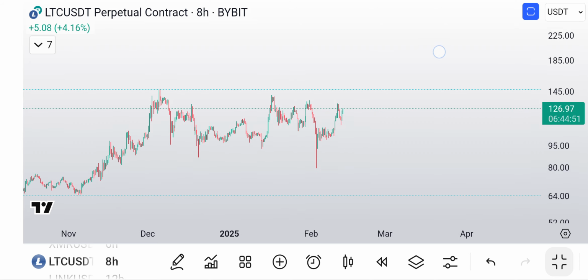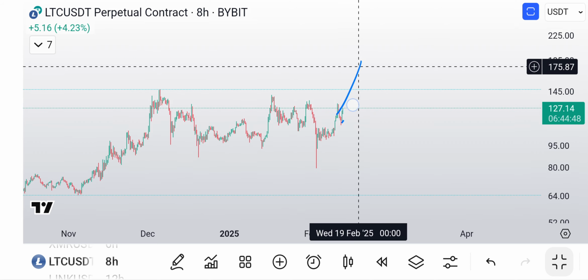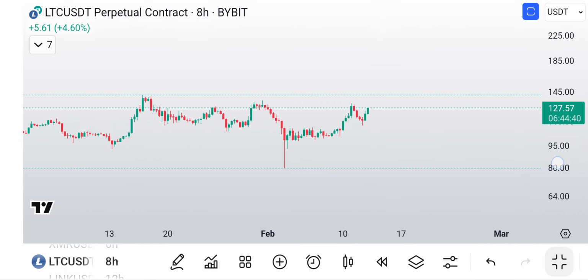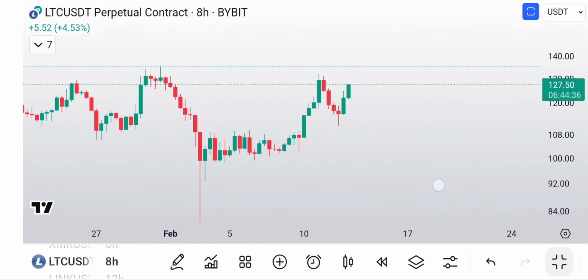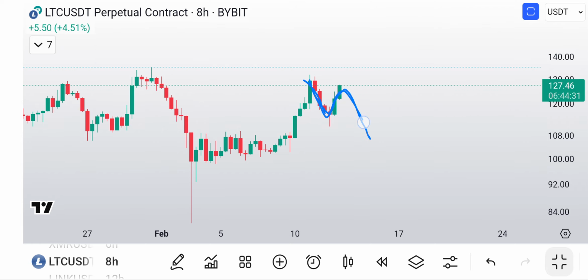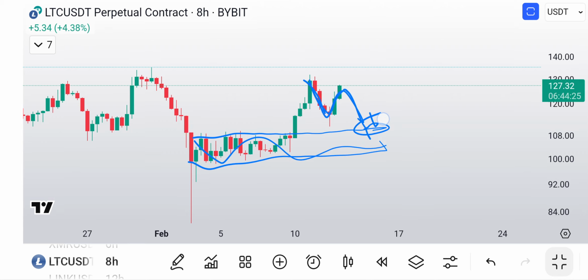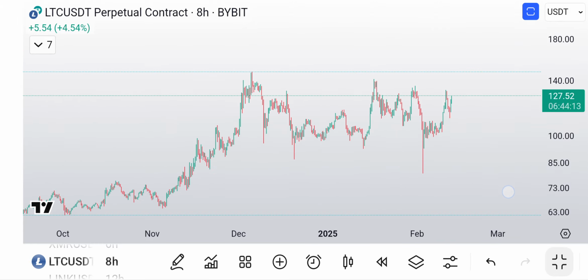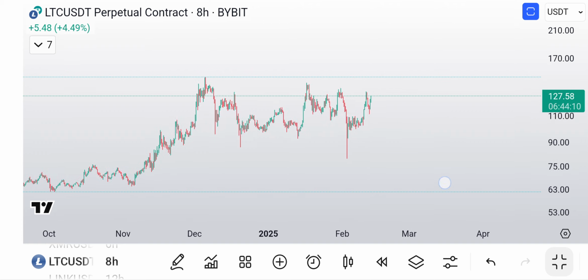So it doesn't mean it's going to break out today or tomorrow or even next week, but I think it's gearing up for that. And who knows, it might even be tonight. I mean, the way it's looking right now, that's pretty nice. This could also come back down like an A, B, C, right? And then you come here and you backtest this little range, build a little base, and then continue higher. And that whole thing might take several days. So it doesn't mean we're going to blast off right away, but I think we're gearing up to that,